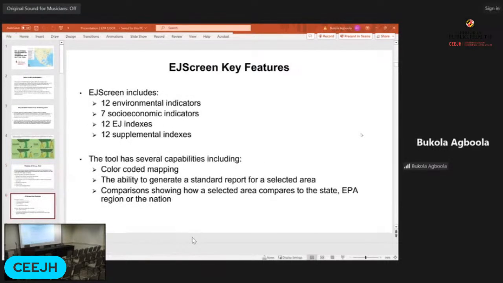What are the key features of the EJ Screen tools? The EJ Screen tools have 12 environmental indicators, 7 socioeconomic indicators, 12 EJ indexes, and 12 supplemental indexes. So the tool has several capabilities: color-coded maps. That is, the tool is in 5 bins of color, and the darker the color, the higher the environmental injustice